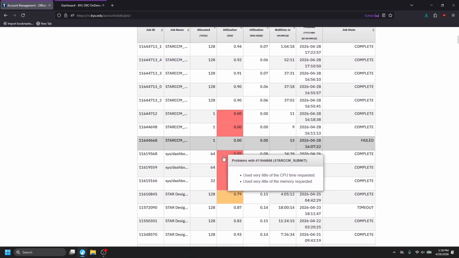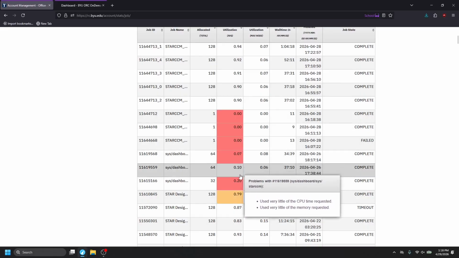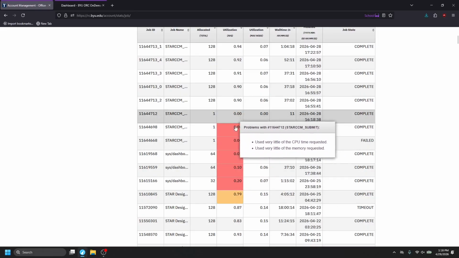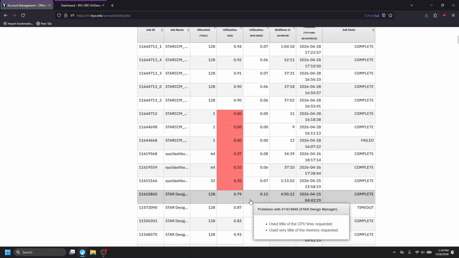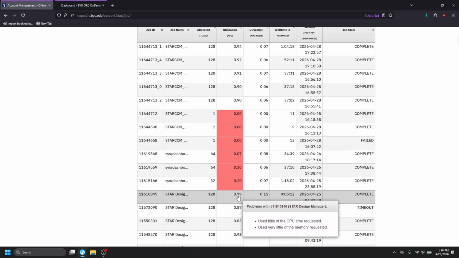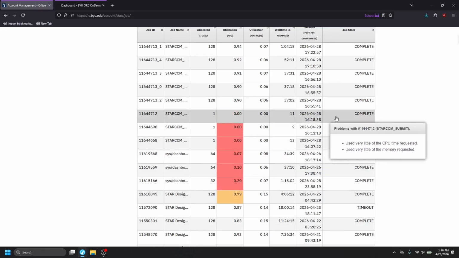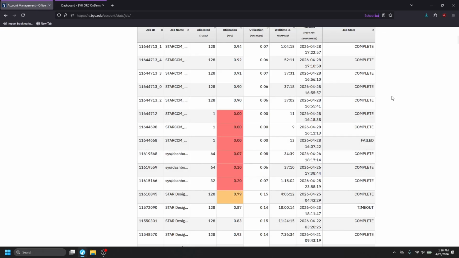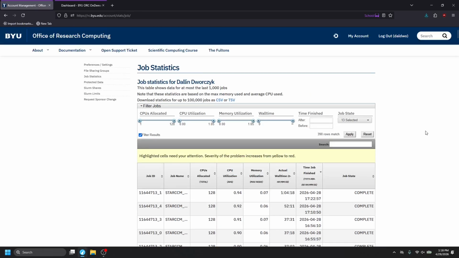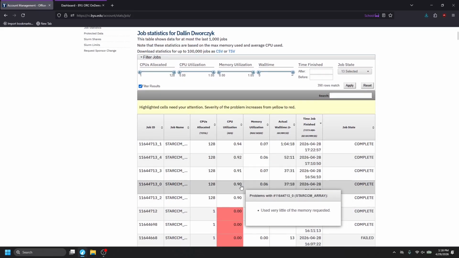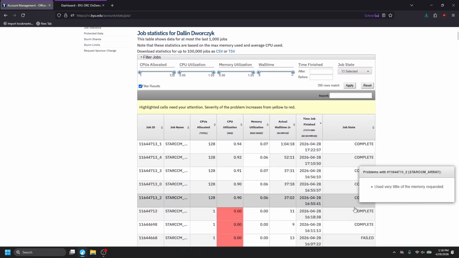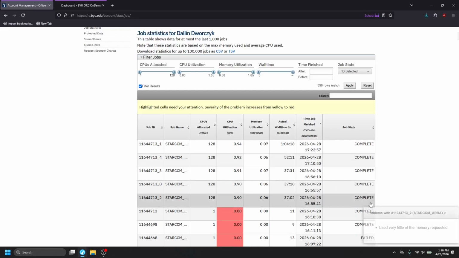And you can see that if you don't use all the system resources, it'll be flagged as red, or if you're getting close to the edge of not being efficiently requesting, they'll flag in yellow. It's not a huge deal if it happens every once in a while, but if it's happening consistently, then the Office of Research Computing may reach out to you and have a discussion about your usage so you don't waste all of the resources. So just come in here every once in a while and check and make sure that you're not using everything. But we see now that we did a good job requesting and all the jobs completed,